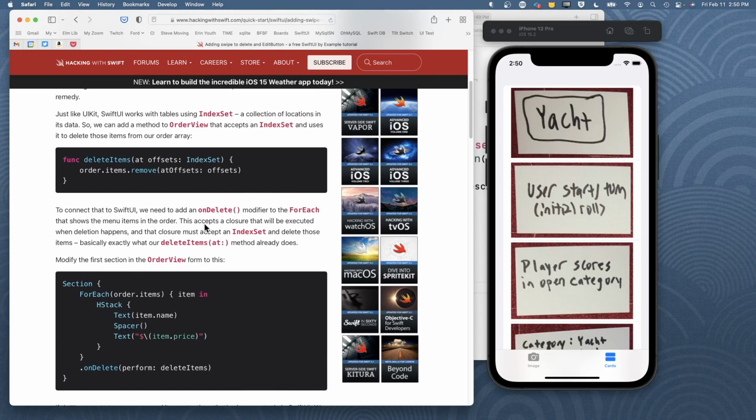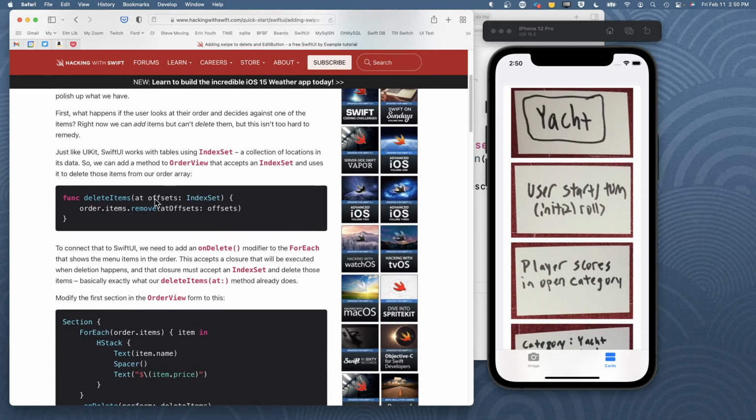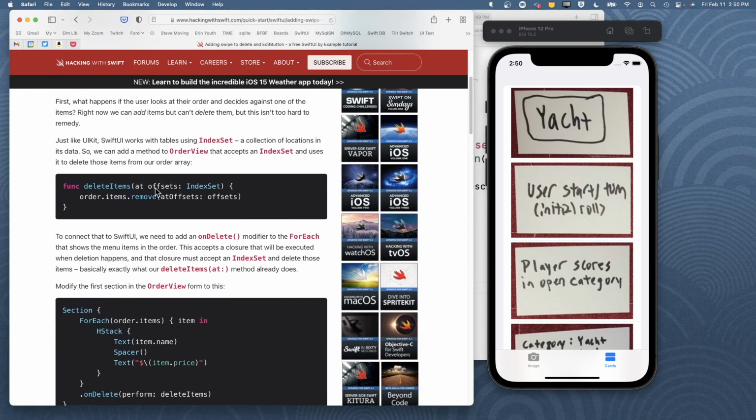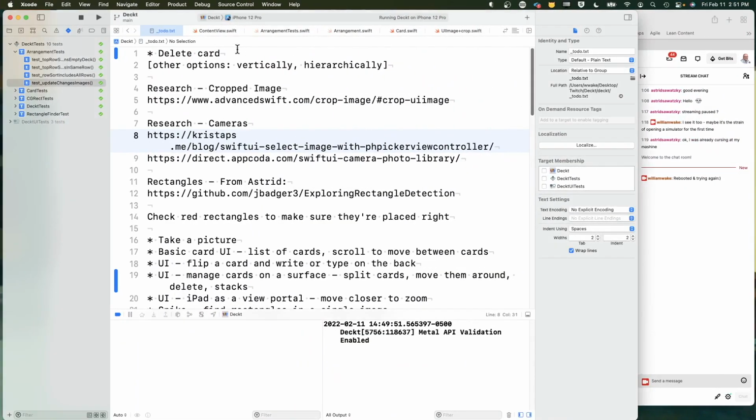Okay, so I'm adding this to the deck, or the arrangement. All right, so let's make sure. Oh, there's on delete. Okay, perform delete items. Oh, that's being done. Order.items.remove. Well, maybe that's a function in our thing. They suggested it as a view function, and I think we'll start there. Okay, so content view,